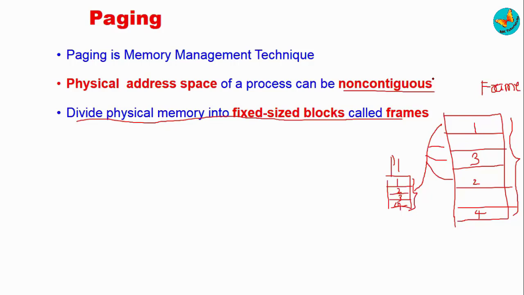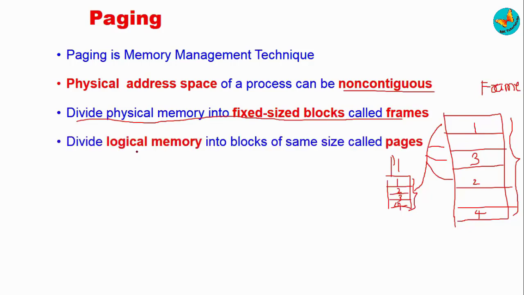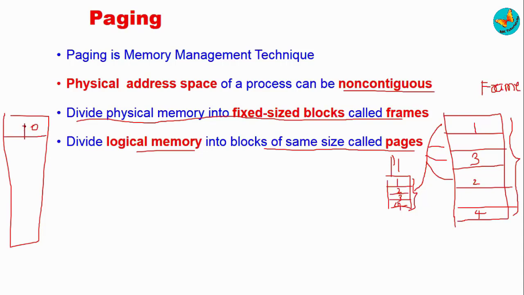And what about logical memory? That is our virtual memory. We divided it into blocks of the same size called pages, isn't it? And that is why in that diagram, I have mentioned that, suppose here page 0 is there, page 1 is there, like that, isn't it? So these pages will then be mapped to these physical frames, and page size will always be equal to the frame size, so that whatever page is there, that will be put into the main memory.